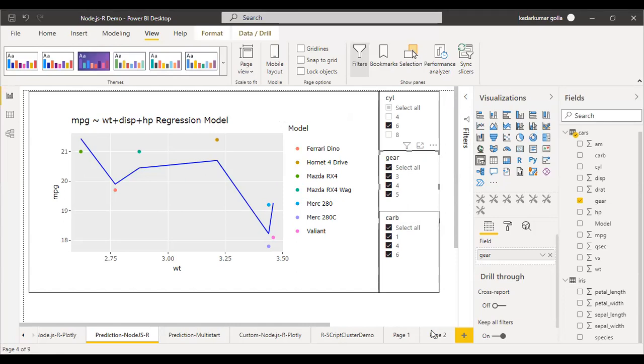We can visualize only through the Power BI server. So we just need to publish this to the Power BI server. You can see whatever I updated came here. We need to go into edit mode.